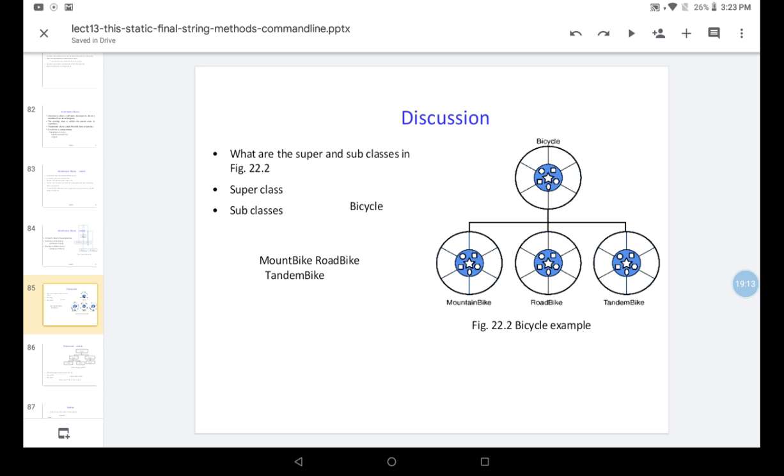These three classes share the properties of bicycle, as well as having their own properties. So what is the superclass here? Bicycle is the superclass. What are the derived classes or subclasses? Mountain bike, road bike, and tandem bike.